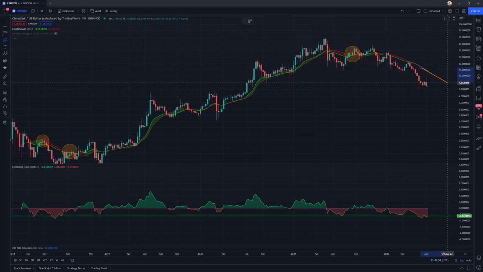So if I extend this out here, and if we were to do something like that, where we come up, we test it in the near future, and then we actually break above it and hold it as support, then this would be very good for Chainlink, because it would switch the longer term trend from being resistance on these moving averages into support. And you can see when we do hold it as support, that can be very bullish